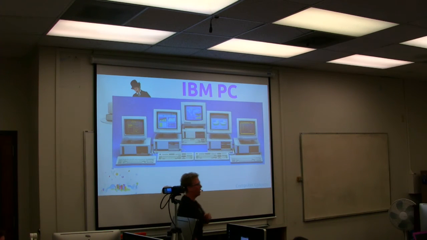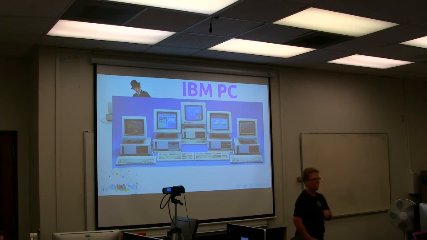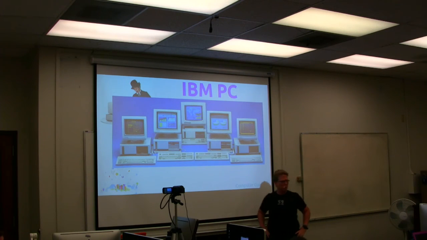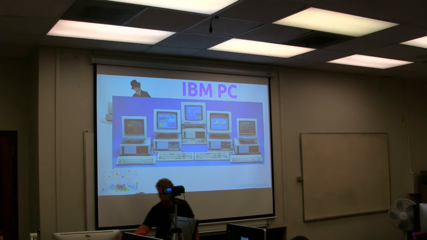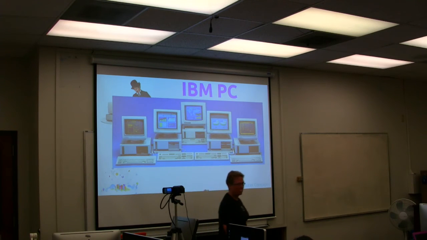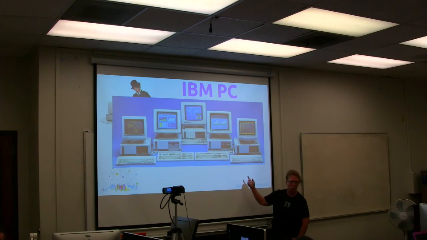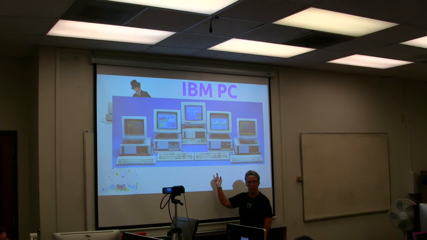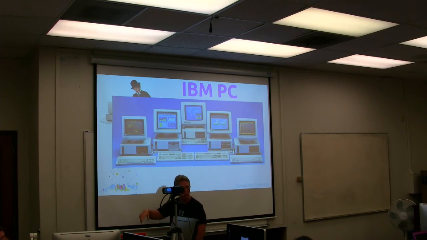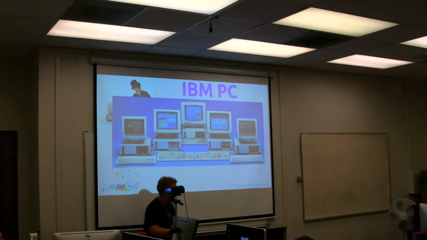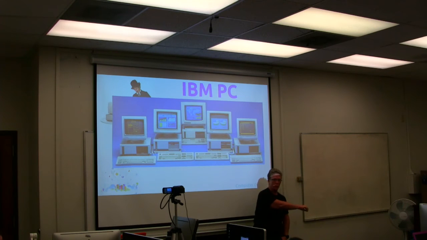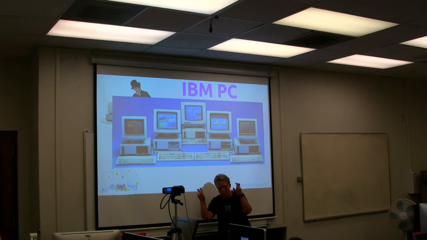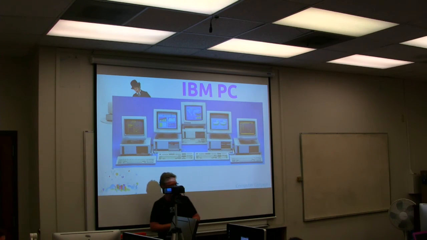And here's another arrogant big company bad decision. IBM was like, we are so smart, nobody will be able to figure out what we did. So we're just going to kind of tell them, because they'll never be able to figure it out. Duh. Who are some of these companies? HP. Anybody else know any of the clone makers? Dell, Compaq, Gateway, NEC, right? All of those were compatibles. They weren't IBM PCs, they were IBM compatibles.